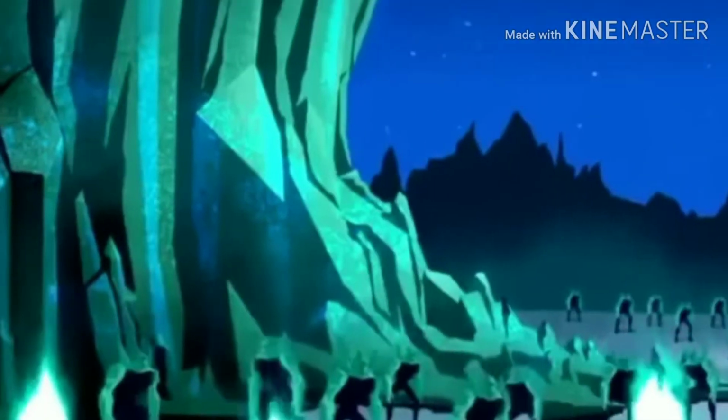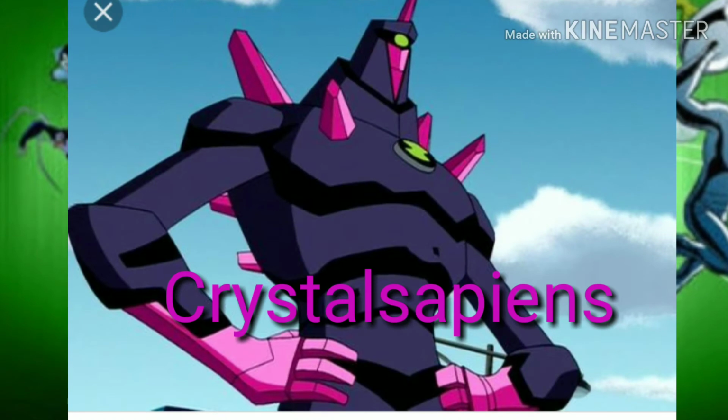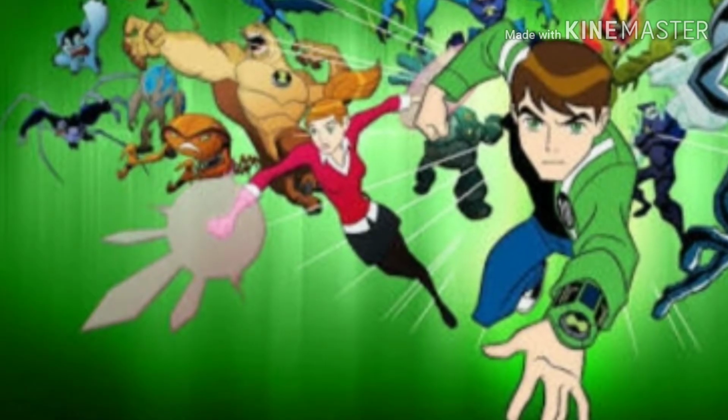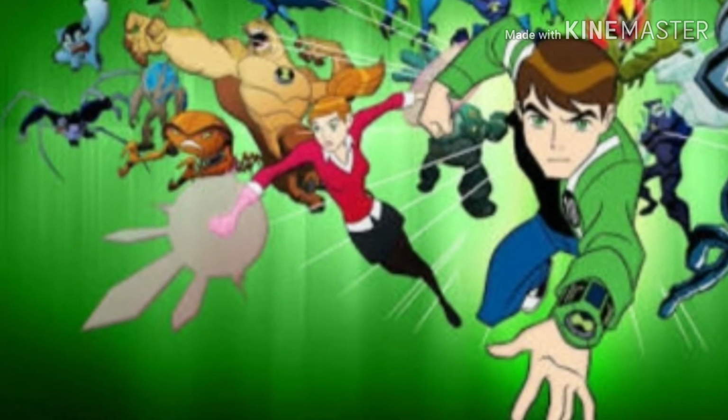The Crystal Sapiens are crystal-based organisms with super durable crystal skin. Their bodies are covered with a bluish-black rock-like structure, and they have purplish or reddish spikes, through which they can shoot ultraviolet blasts. Although they are not as strong as Petrosapiens, their ability to absorb energy and reshoot it makes them very unique. For now, let's focus on another planet, that is Viscosia, the home planet of